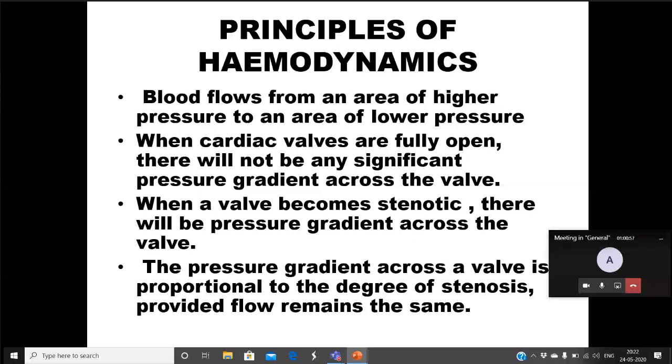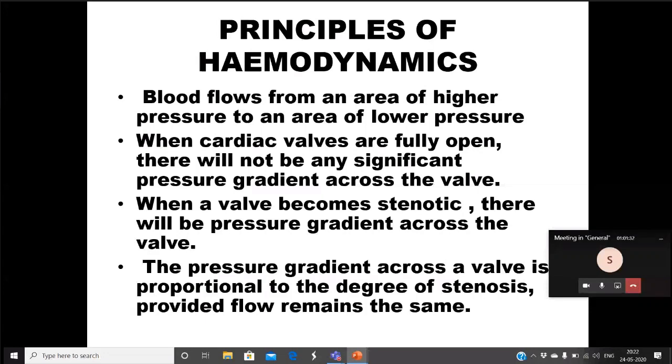Suddenly the pressure in the left ventricle due to some abnormality has gone up to 15 or 16. Then what should happen to the left atrial pressure? Any one of you? Also increase. It will increase. It should immediately increase. Then only the blood can flow from the left atrium to the left ventricle. And when the left atrial pressure goes up, the pulmonary venous pressure goes up. When the pulmonary venous pressure goes up, pulmonary arterial pressure goes up. So it is a chain reaction.